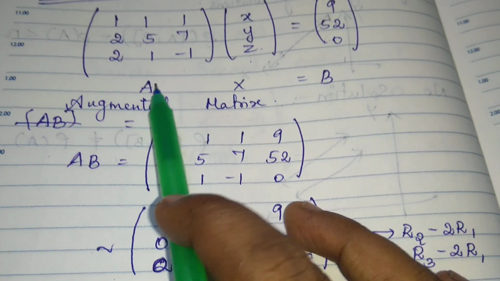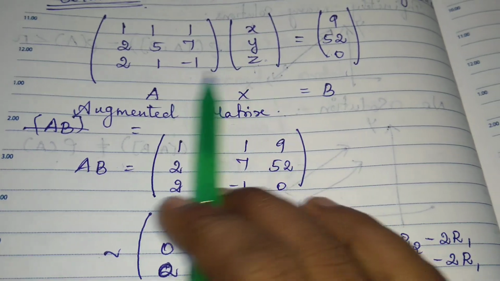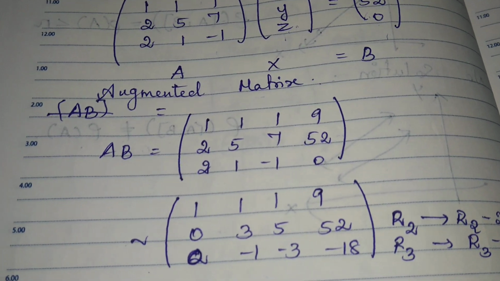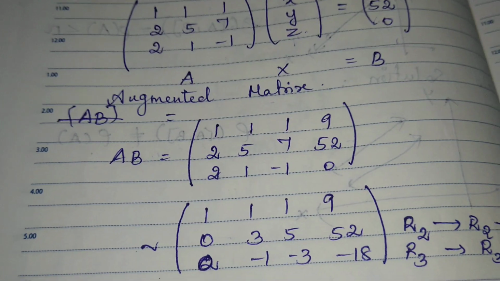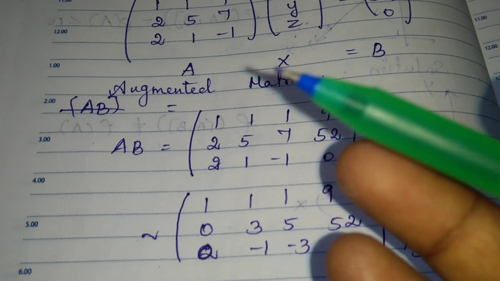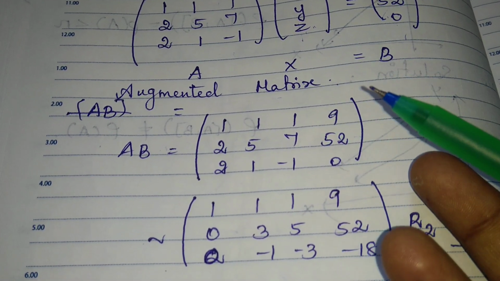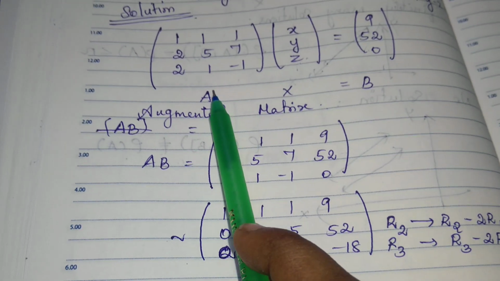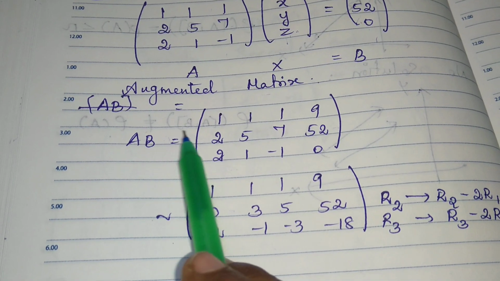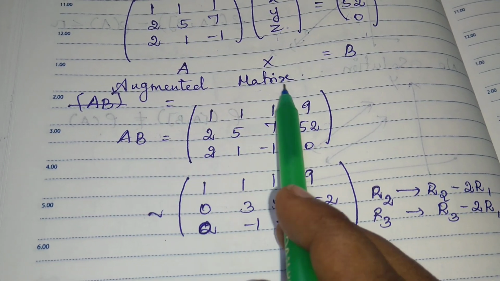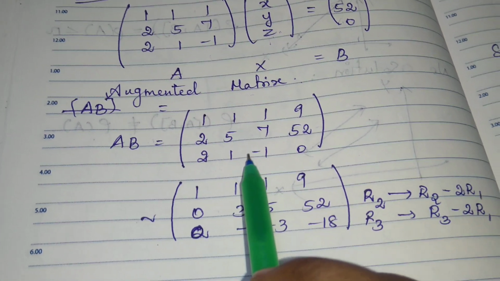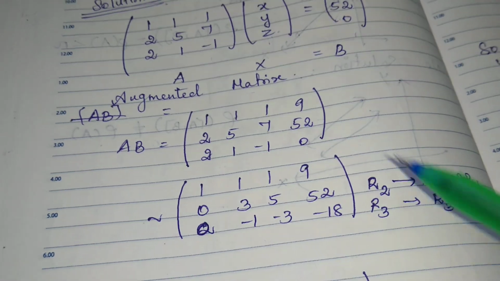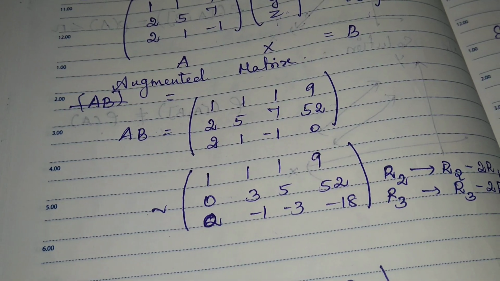So this is of the form AX = B. If it is of the form, you need to find whether it is a unique solution, whether it is infinitely many solutions, or whether it is no solution. So I am writing the A and B like this. This is called the augmented matrix. If you write it in this form, you say this is an augmented matrix. I have taught you how to reduce your rows. The same thing we are going to do.